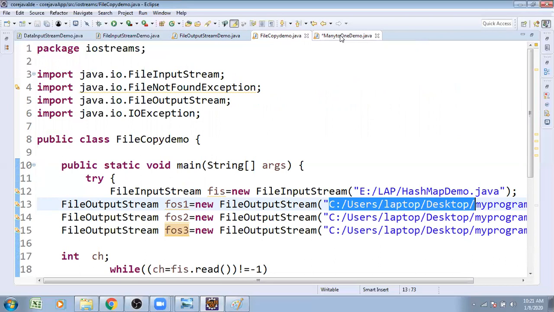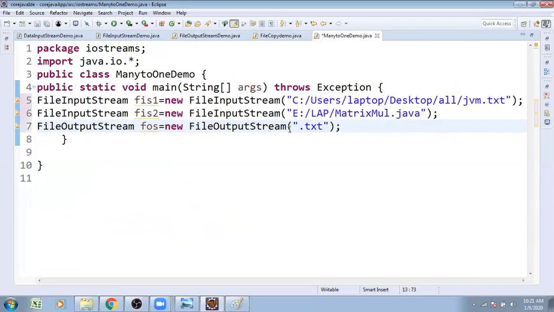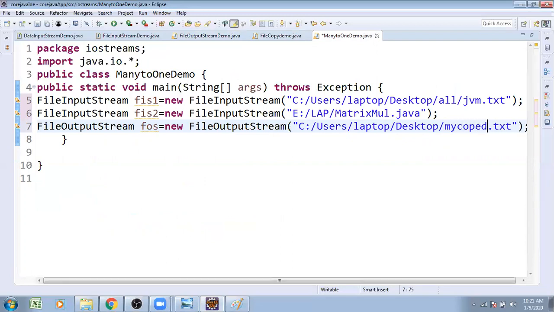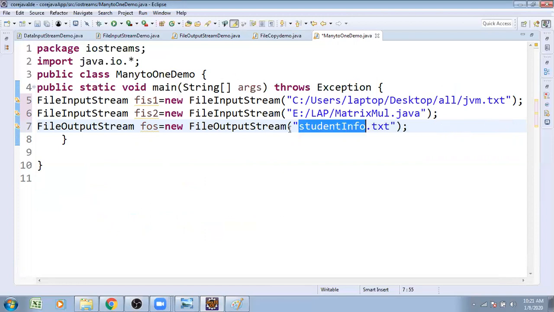Complete address you have to pass: the desktop location, there is a file, my copied file dot text extension or Java extension. Whichever type of extension you want, you can take it.